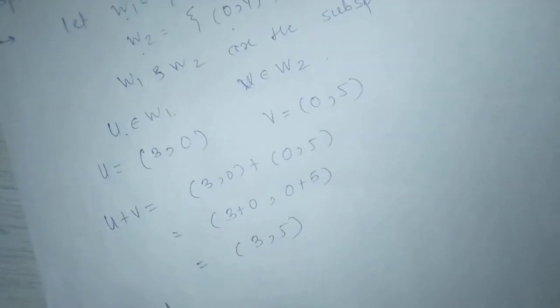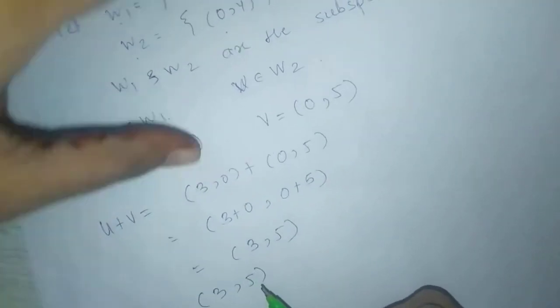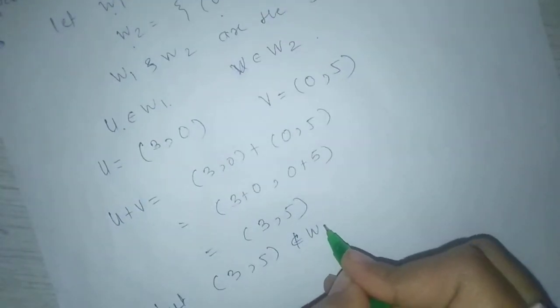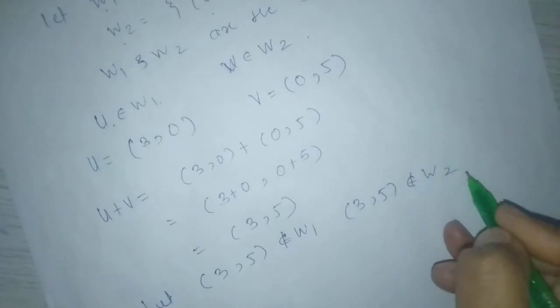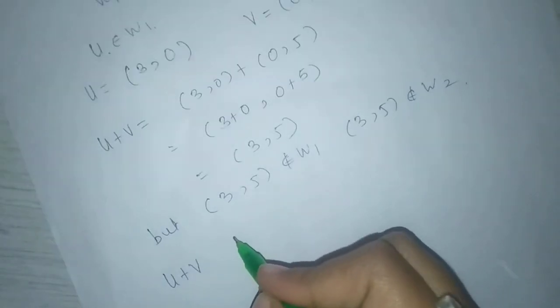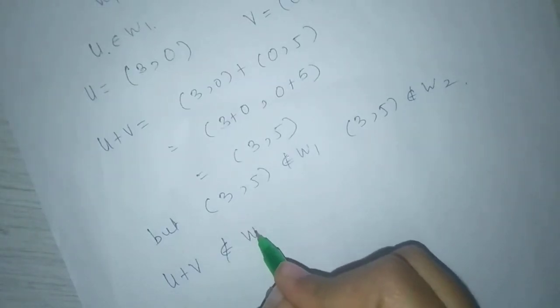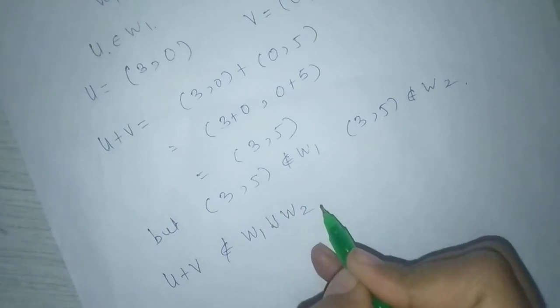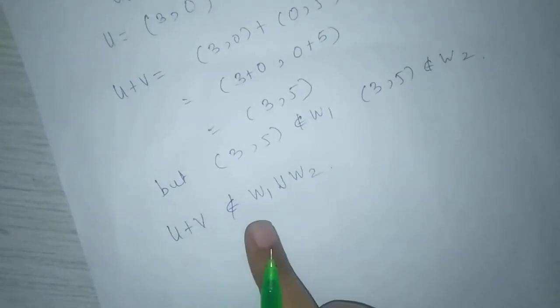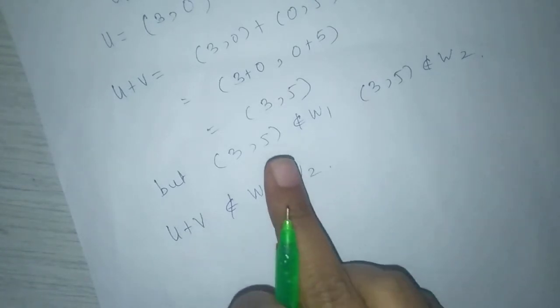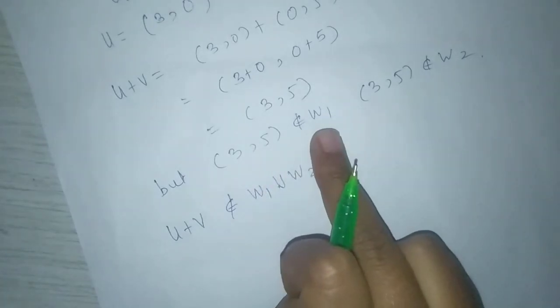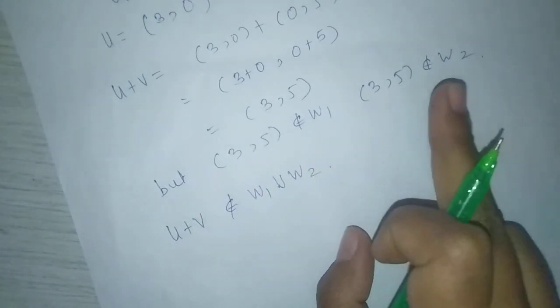But (3, 5) does not belong to W1, also (3, 5) does not belong to W2. Means U plus V does not belong to W1 union W2. For U plus V to belong to W1 union W2, it means U plus V belongs to W1 or U plus V belongs to W2. But here (3, 5) does not belong to W1, (3, 5) does not belong to W2 because